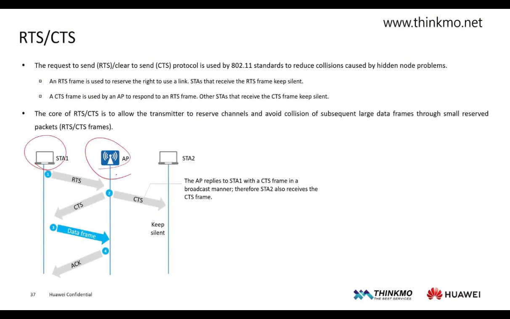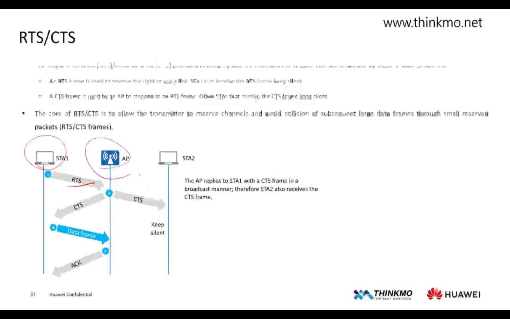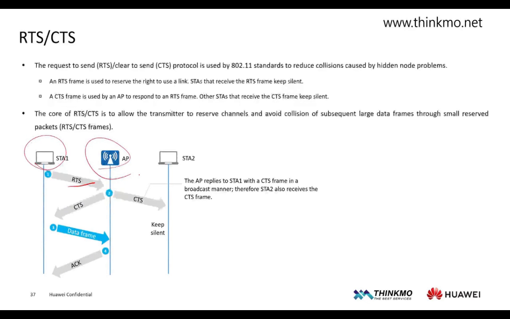This is exactly the role of RTS and CTS. First, the terminal will send an RTS frame, called a request to send frame, to the AP, indicating that it wants to use the channel. When the AP receives the RTS frame,